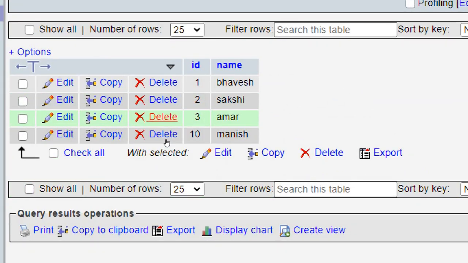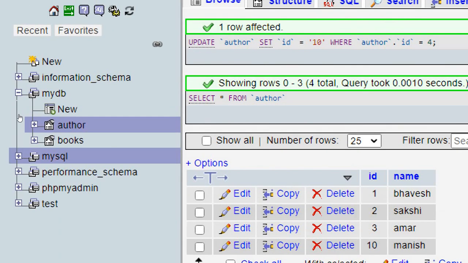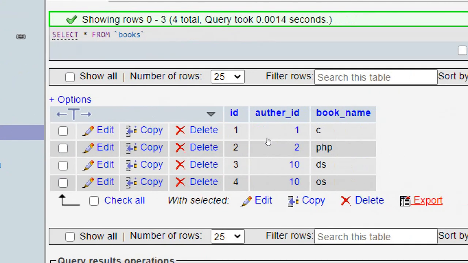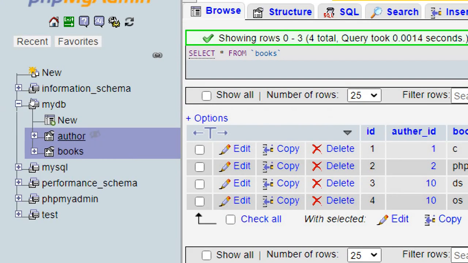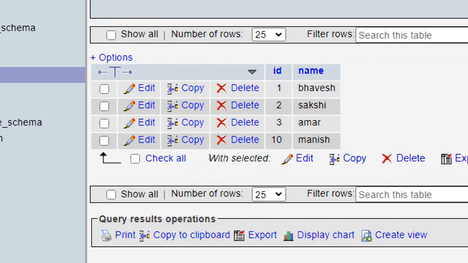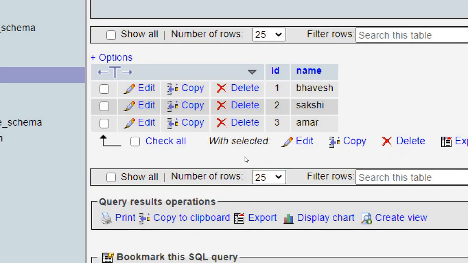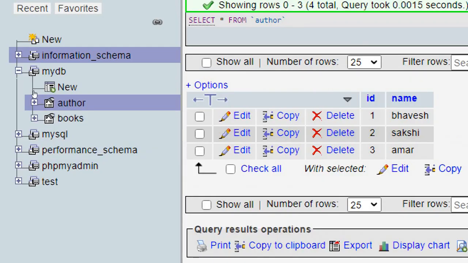So the update is possible. Now I go into the books table, which is the child table. It has 10. Look at this, here is a 10. Again in the author table, if I delete the ID 10, then the related record is automatically deleted.